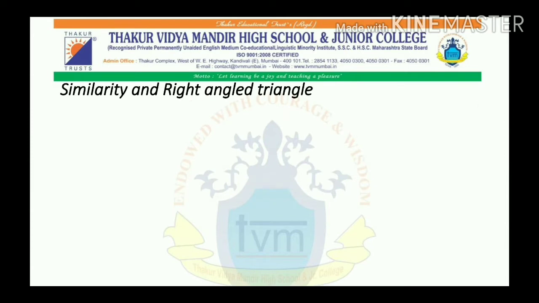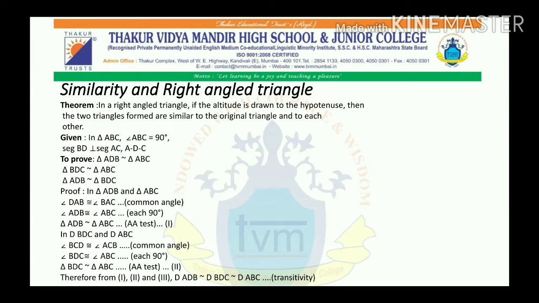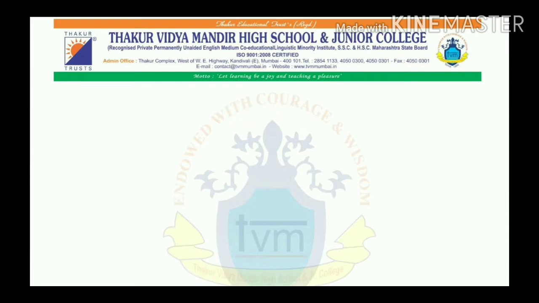Similarity in right angle triangle states, first of all, the statement: in a right angle triangle, if the altitude is drawn to the hypotenuse, then the two triangles formed are similar to the original triangle and to each other. That is, if we take a right angle triangle ABC, then